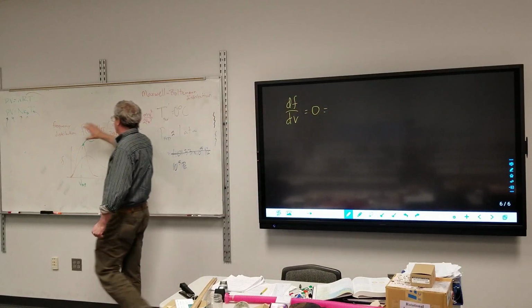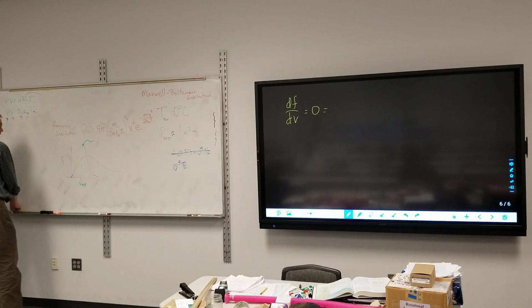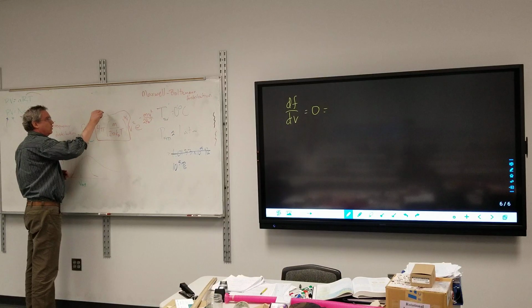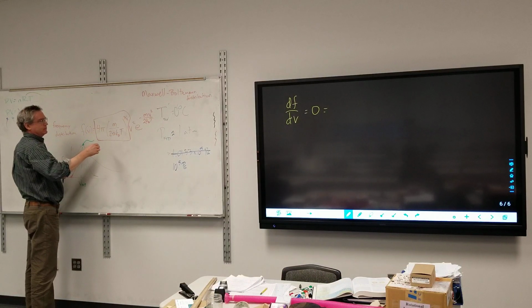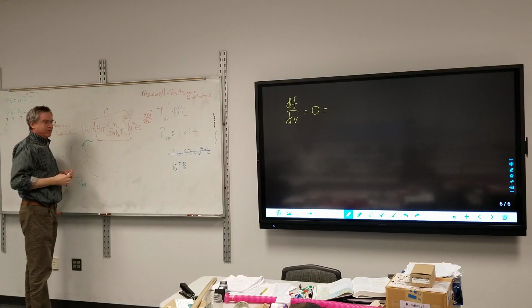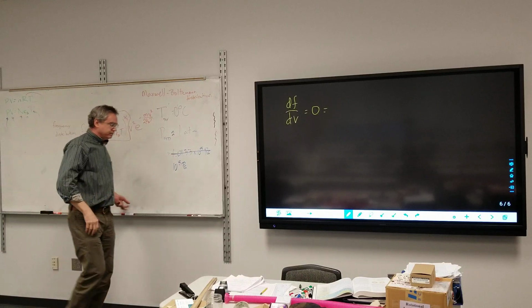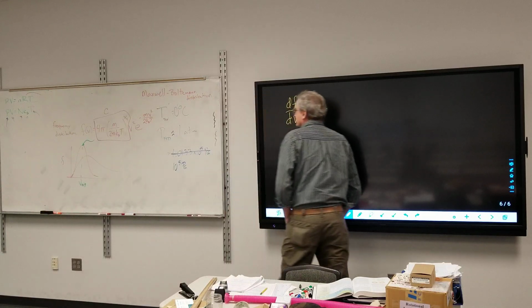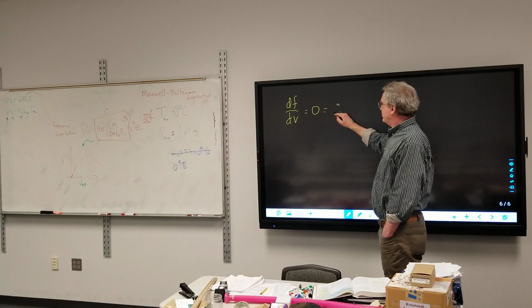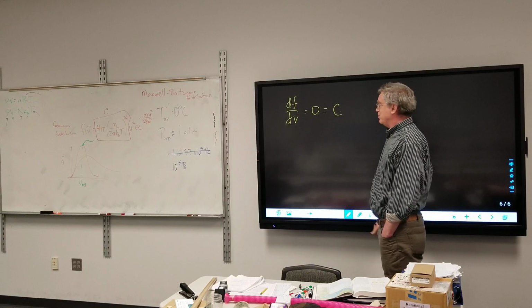This whole bit right here, the stuff in front, which does not have a v in it, why don't we just call that some letter we're not using? We're not using C anywhere here. We're just going to call that C for a constant. All right, so we have some constant times